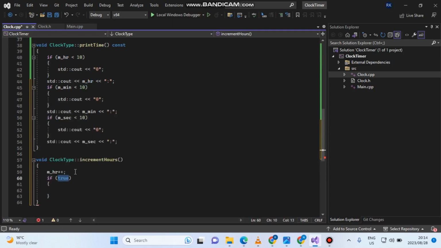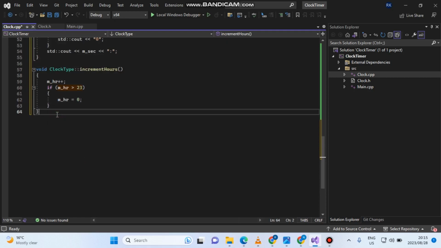So again, here the if statement can say m_hr is less than 23, which is less than 24 hours eventually. What needs to happen is, in the body of the if statement, m_hr is going to be set equal to 0. You know, incrementing every time, comparing those two. So after this, including the function, you're going to say here